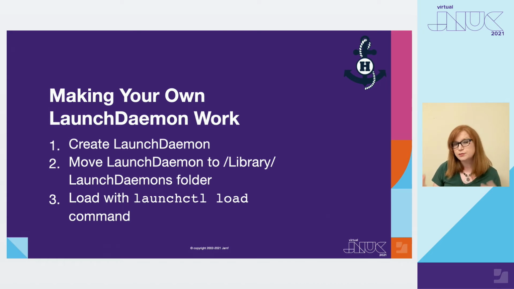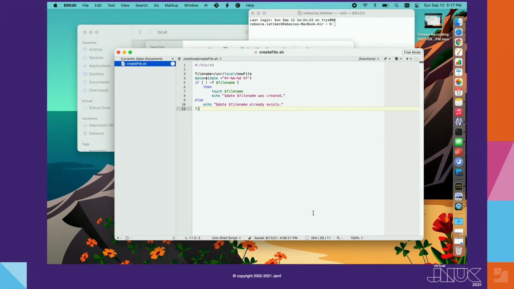So now I'm going to go ahead and show you a video of me doing this with the script that I've created. I'm going to show you the script that I have right here, and this is just a really simple script. What this actually does is just checks for the existence of a file named new file, and if it's not there, it creates it, and then it echoes what it's done. This could be a really useful script if you're using extension attributes in Jamf, because you could check for the existence of this file and take some action based on whether or not it's there. You could put computers into a smart group. You could do something like that.